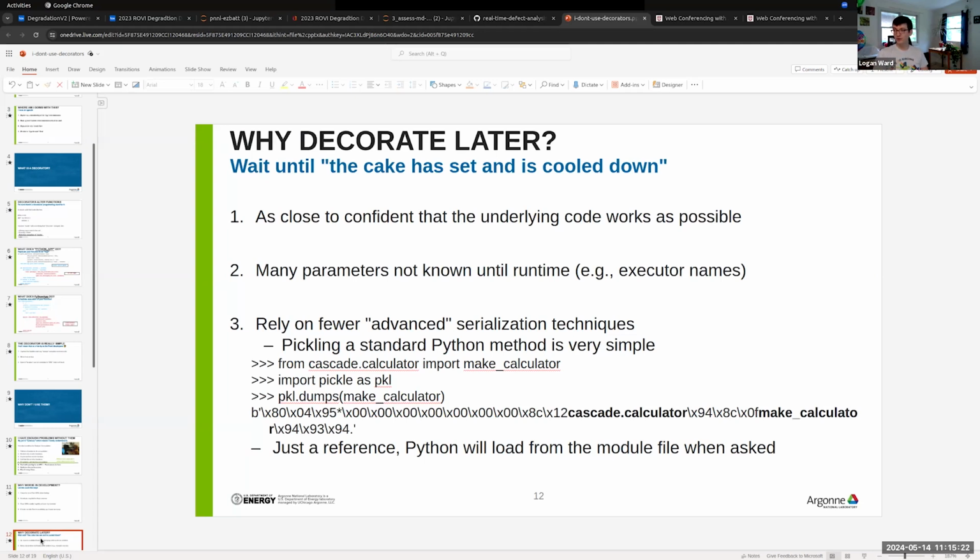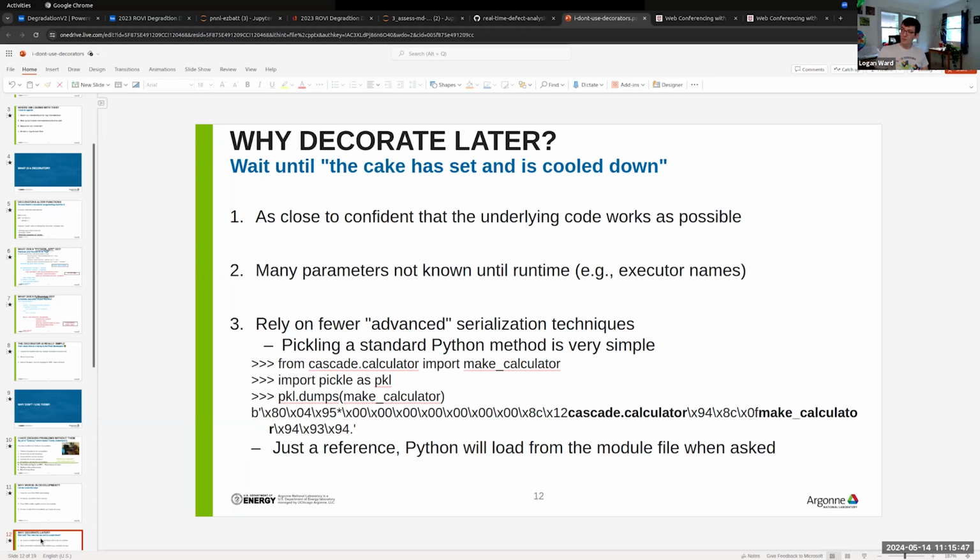Another reason that causes me to wait to apply that Parsl decorator is that a lot of those execution variables that are described, namely executor names, I may not know until I'm actually executing the process. I tend to reconfigure my Parsl configurations particularly often. So the same library might be used with a number of different configuration operators. And additionally,